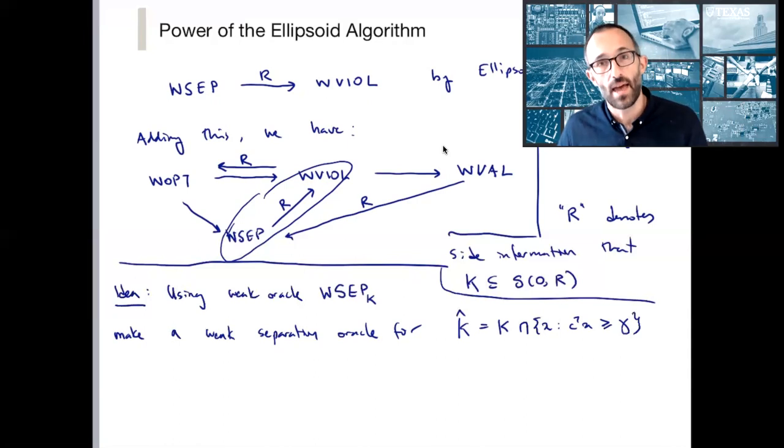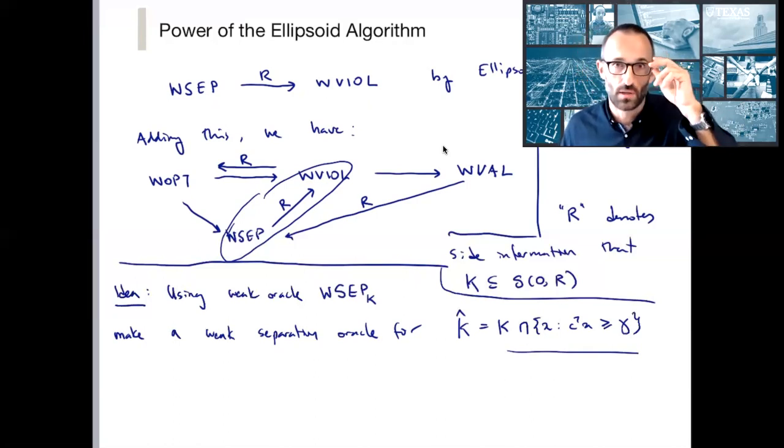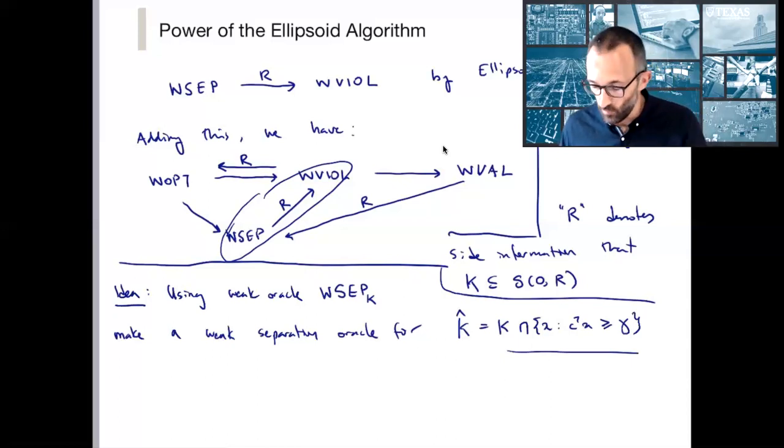Is that set empty? And weak violation, in contrast to weak validity, is saying, in addition, if it's not empty, please provide a point. So if this set is not empty, please provide a point. And you can see that this is exactly what the ellipsoid algorithm is going to do for us using a separation oracle. So we're going to feed essentially this. I'm not going to give all the details here, but essentially we give this set